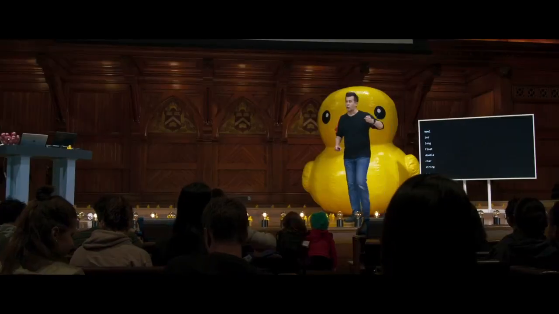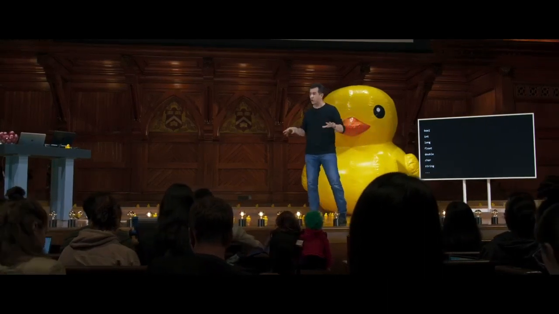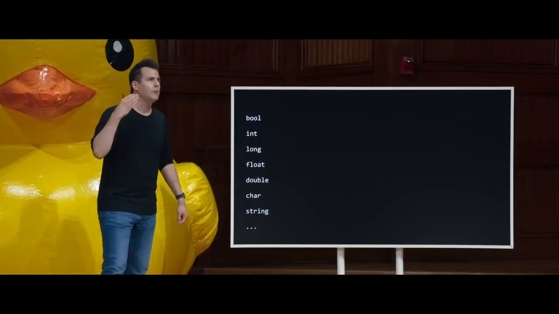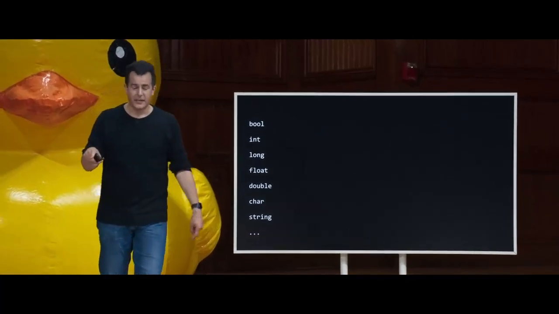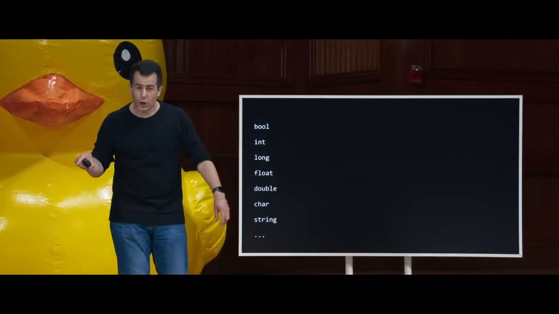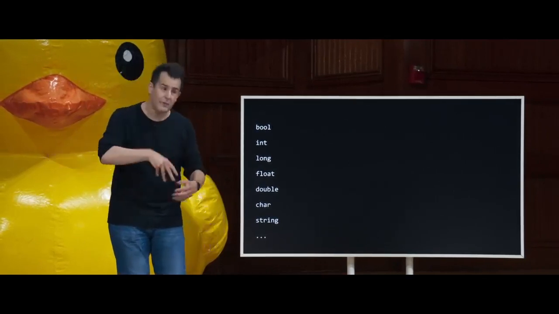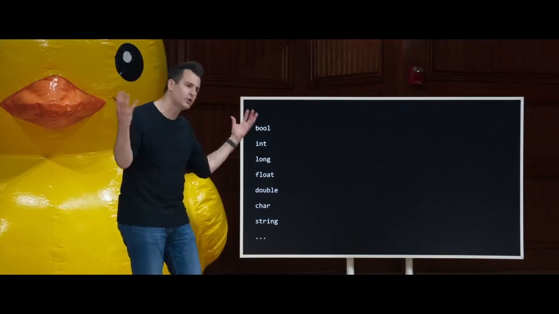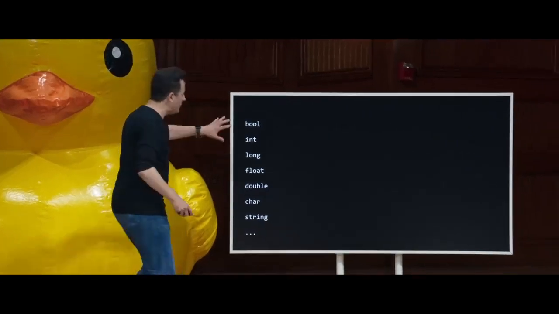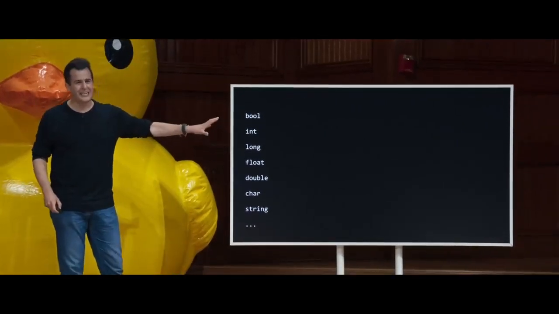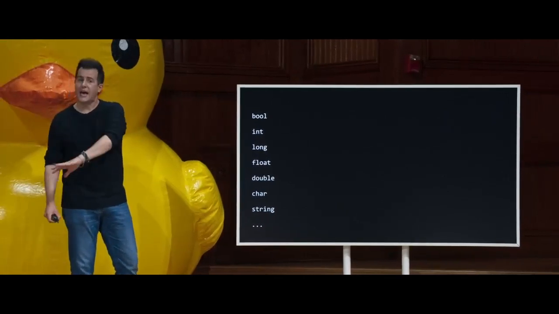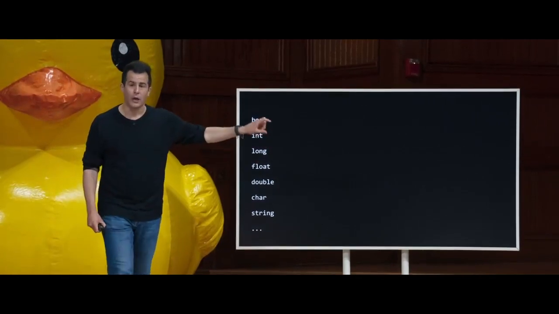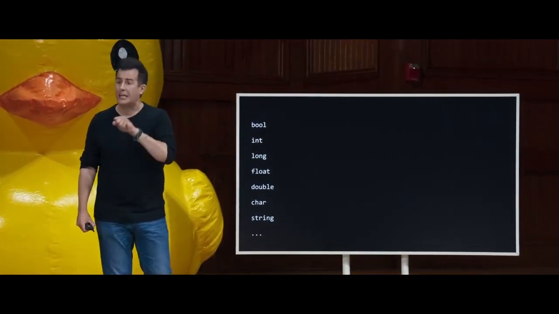Like in week 0, we said that everything at the end of the day is just zeros and ones, binary. And I claimed, sort of conceptually, that how a computer knows if a set of bits is a number versus a letter versus a color or a sound or an image or a video is just context dependent, like whether you are using Photoshop or Microsoft Word or something else. But last week, we saw a little more precisely that it's not quite as broad strokes as that. It's more about what the programmer has told the software is being stored in a given variable.